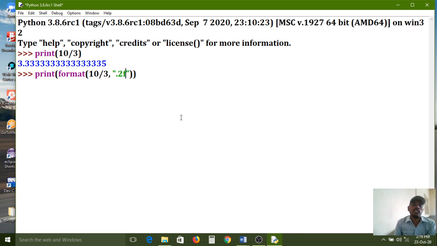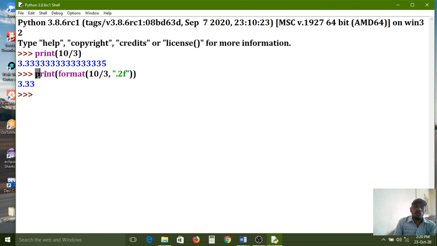Two fractions I require here. I want only two fractions, not this many. Print is a predefined function, format is also a predefined function, but inside the print function brackets I am configuring the format function also. It is rounding that value. 3.33. My requirement is that 2 fractions are enough.